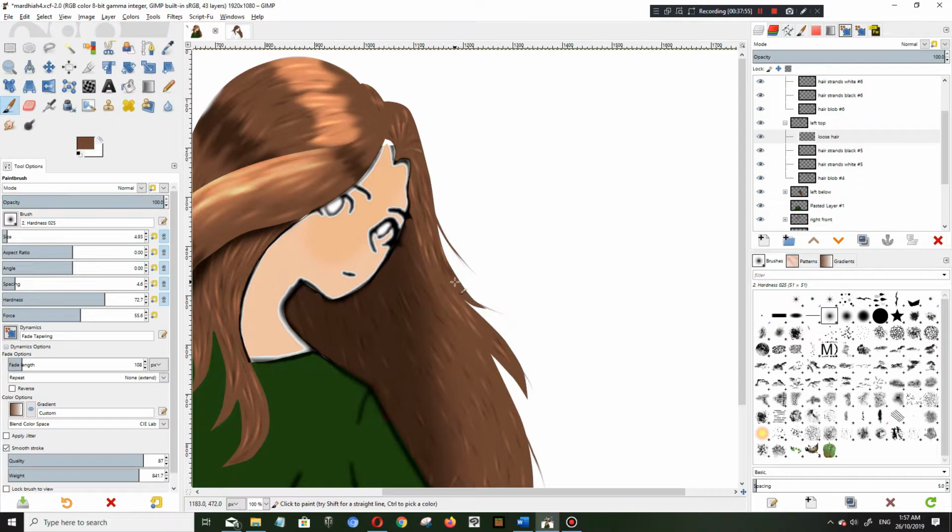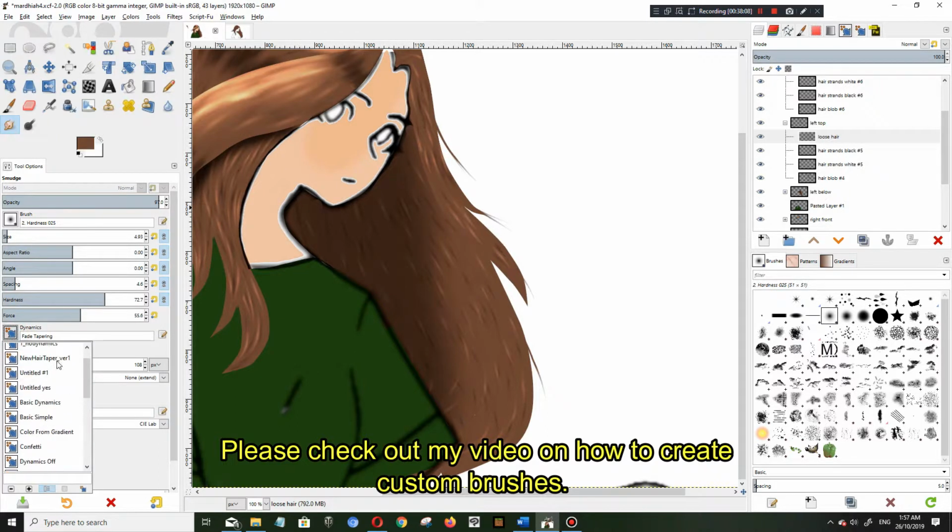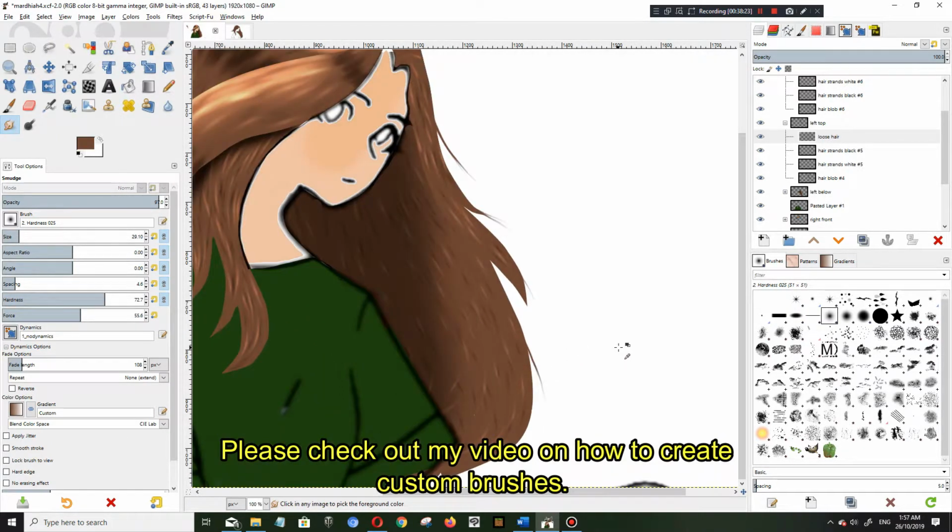By the way, I made a video about how to create your own brush, and I created a custom brush that is meant for hair. Later I'll show you. Basically, it's a few strands in one stroke, but because you use fade tapering, it looks neater. I'll use it later, but for now I just